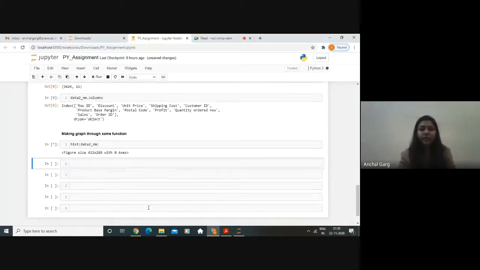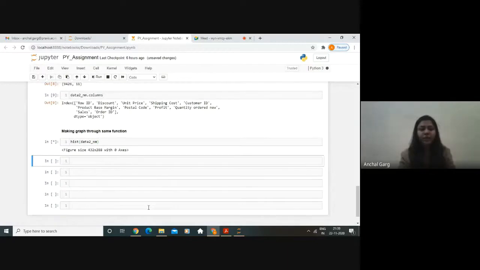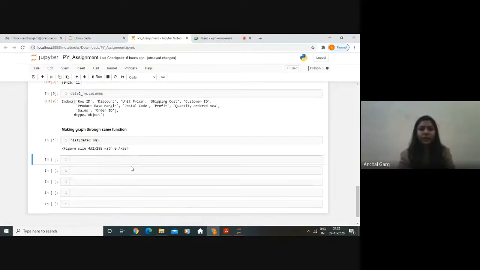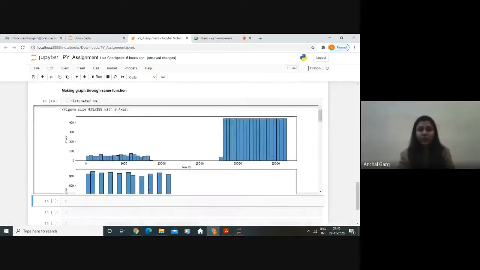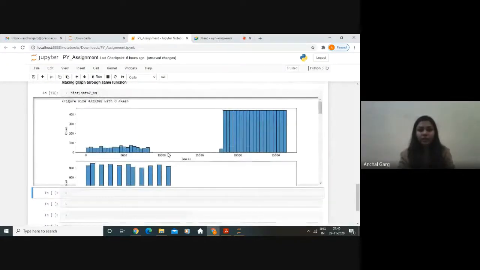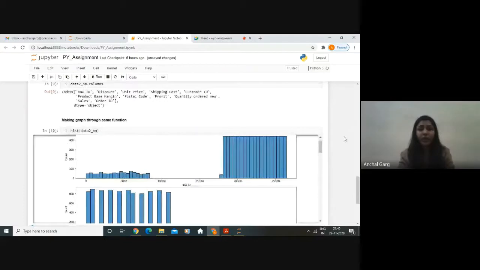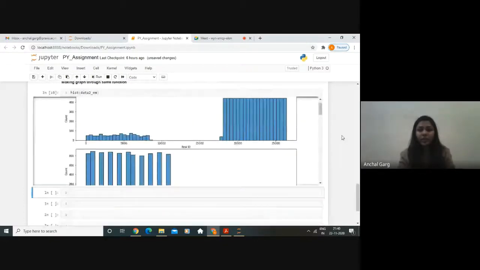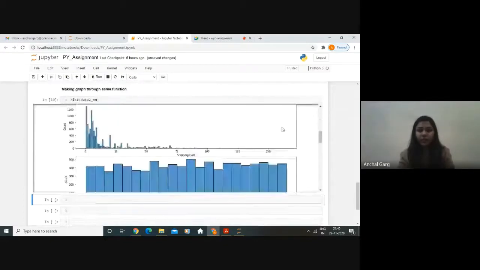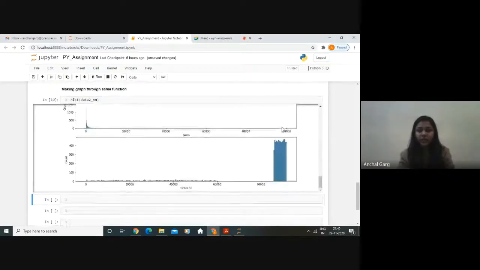Here the data set is huge, it's bigger than the previous one, so it is taking a little more time than the previous one. So yeah, there we got our graphs. See, here we got 11 histograms because we have 11 numerical variables. See, clean, neat.